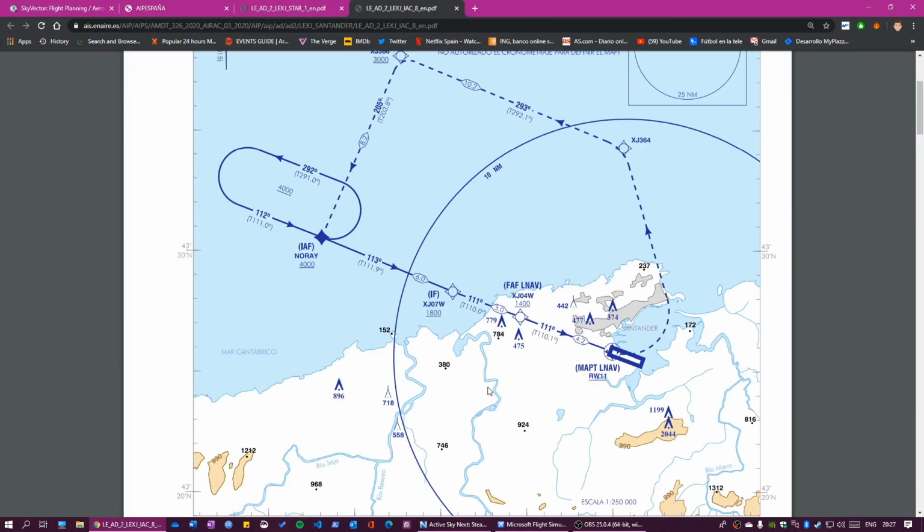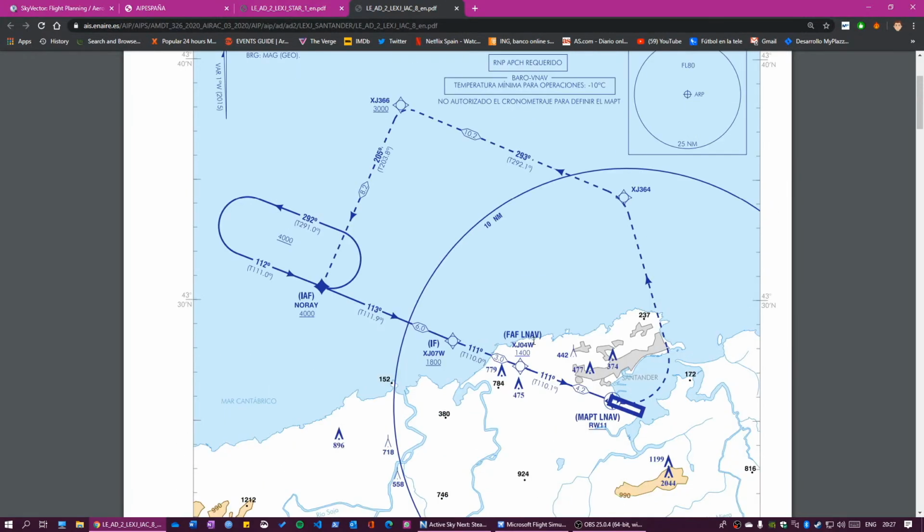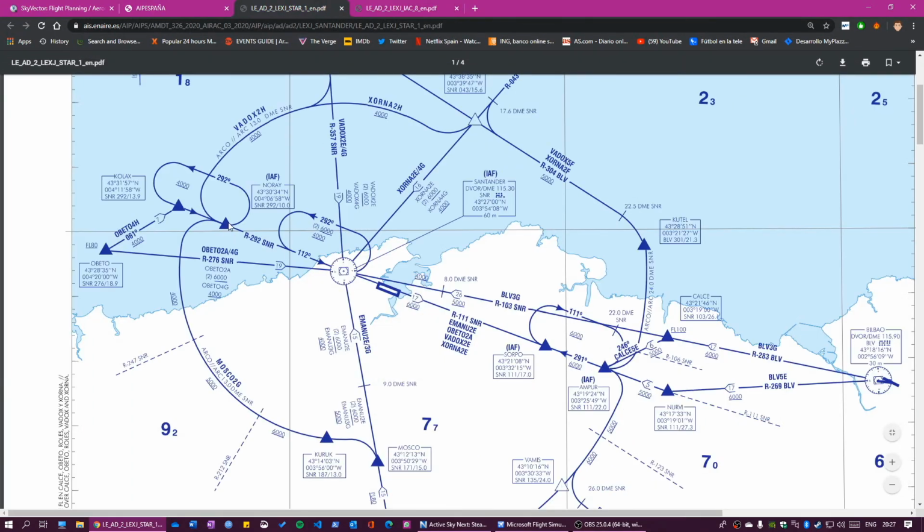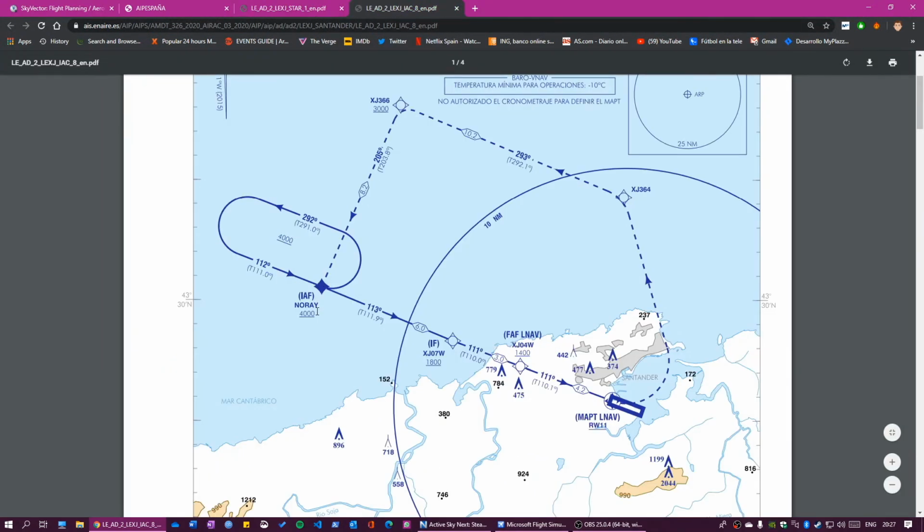I'm still rusty at reading plates, especially these visual approach ones. IAF Norway, which is where? Here. This is Norway here. So we need to be at 4,000 there. We have to keep that in mind. And then our next